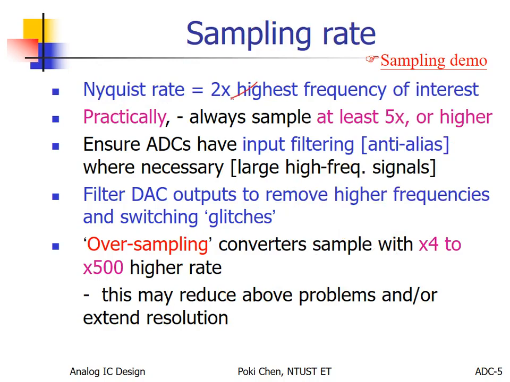Practically, we cannot be satisfied with this because there is no ideal low-pass filter. So we need to have some kind of safe margin for your translation. So in practice, it should be a little bit higher, not so high. That is in the past. Right now we have very good low-pass filters, especially on chip. For off-chip ones, forget about it. So I need to do some kind of trade-off to get higher-order low-pass filtering. It had better be on chip.